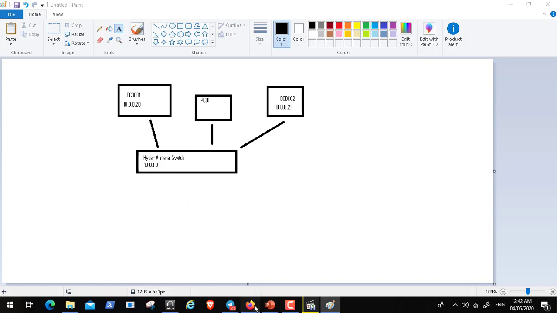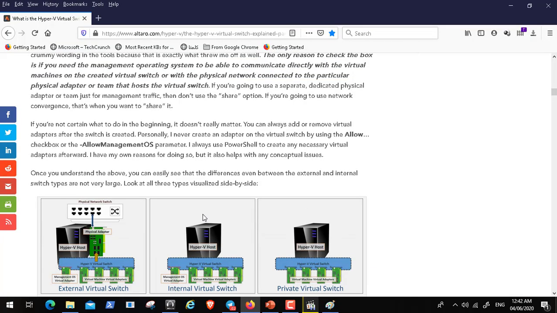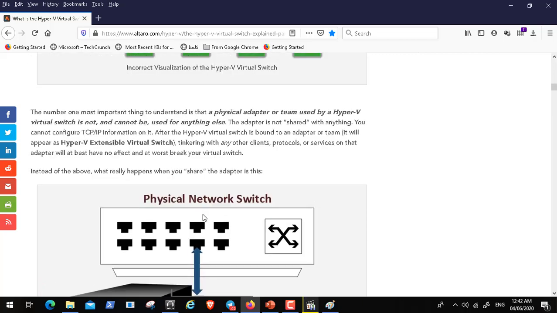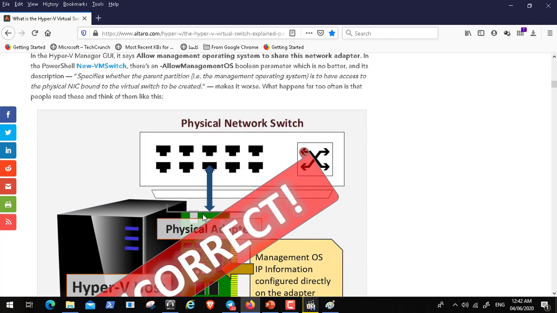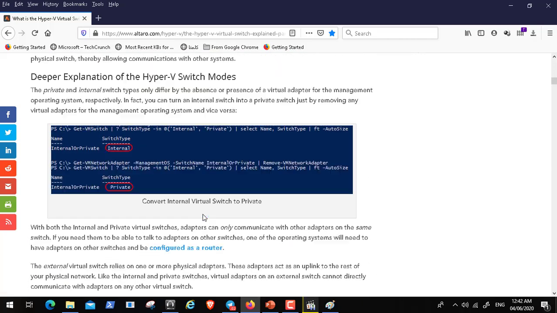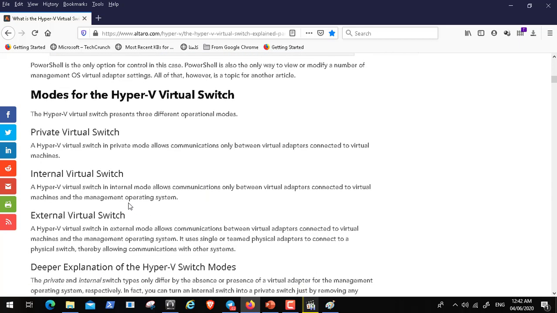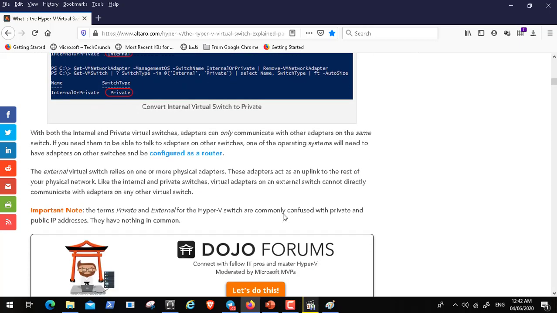We can see that here. Let's have the discussion. Sorry, we have the type of switch. A Hyper-V internal switch allows communication between virtual adapters connected to virtual machines and the management operating system, okay. Let's have it here with a little bit more advanced